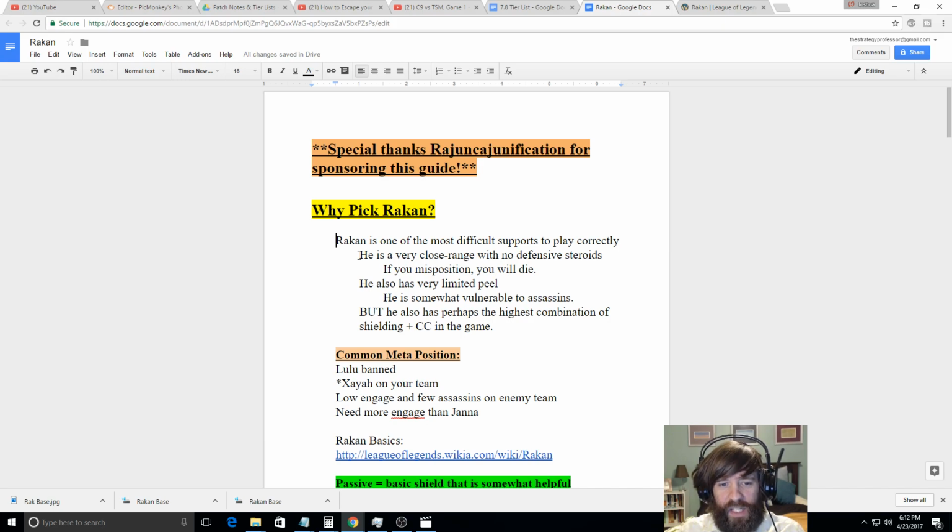He has things that make it look like he could be a really strong team fight engage champion. In some situations that's true, but in other situations you're just going to die if you try it. We'll talk about when and where you should be trying to engage. That's going to be very challenging for a lot of people who are used to engaging with a tanky champion like Leona or Nautilus. Rakan's going to be a little bit of a different beast. If you misposition, you're probably going to die as Rakan. He also has very limited peel, so he's vulnerable to assassins. Really his only peel...